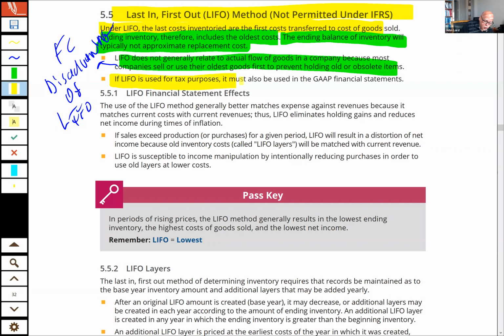If LIFO is used for tax purposes, it must also be used in the GAAP financial statements. Thus, the reason US GAAP could not follow suit with IFRS and get rid of LIFO, because companies don't want to lose LIFO as a method for tax purposes. Why? Well, if you take a look here,